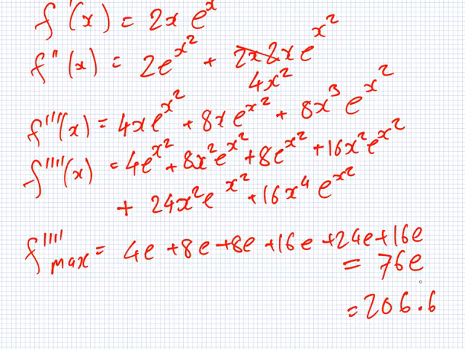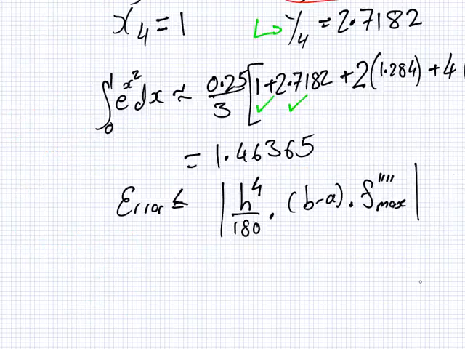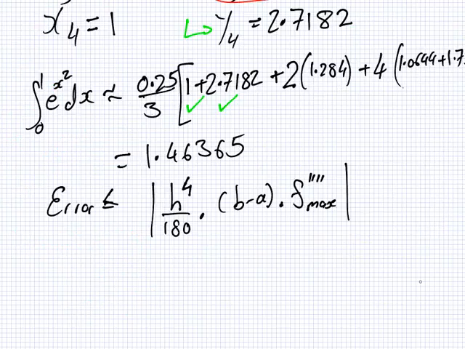Right, so we go back to our error formula and sub it in. Okay, I need to go back. Yep. So, let's go back here. Right, what was the H? 0.25, to the power 4, divided by 180, times 1 minus 0. And then what was my maximum derivative? 206.5. Okay. So you have here that the error should be less than or equal to